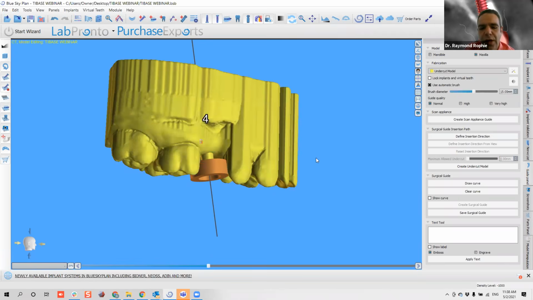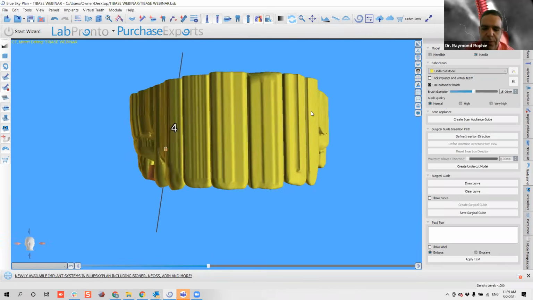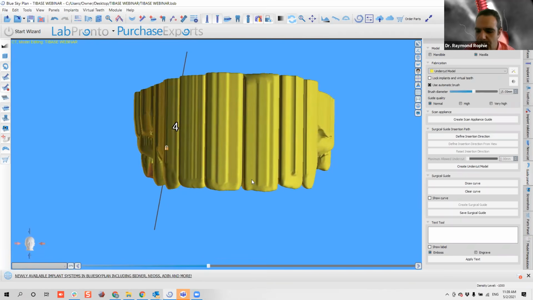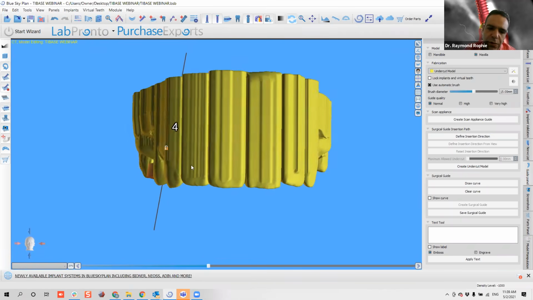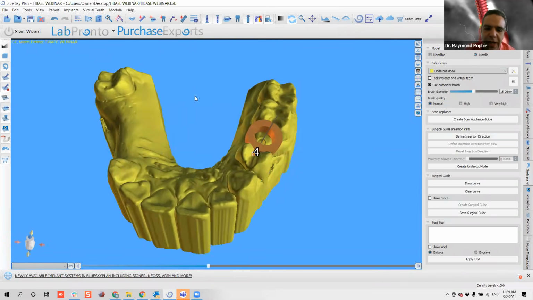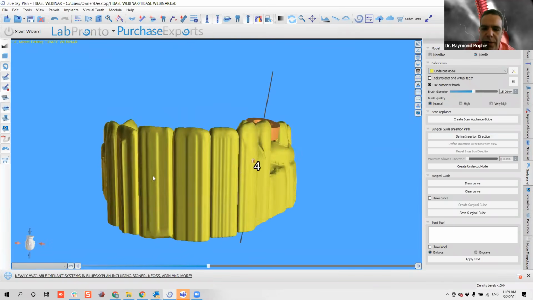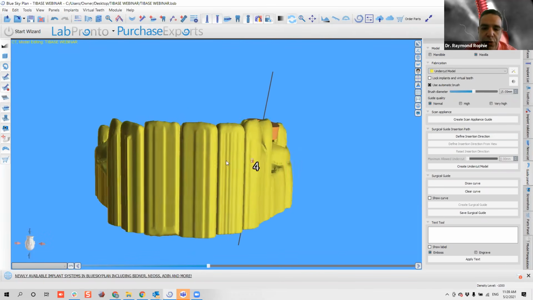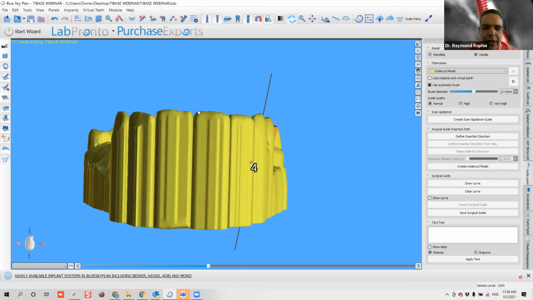Good. So now we have our undercut model. The very next step to do is our windows. I want to have a visual confirmation that my surgical guide is seating all the way into my model, or into the teeth. So what I do now is I right click on the undercut model, click add window,